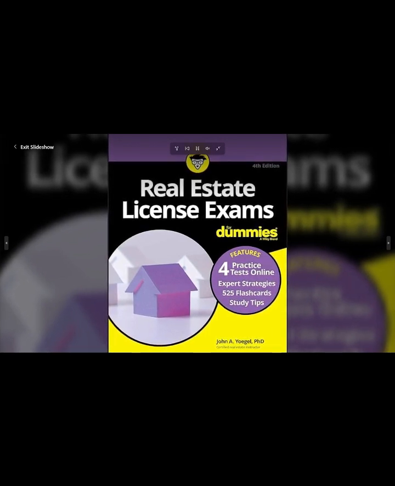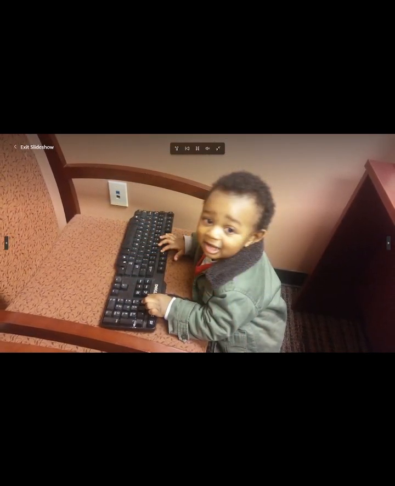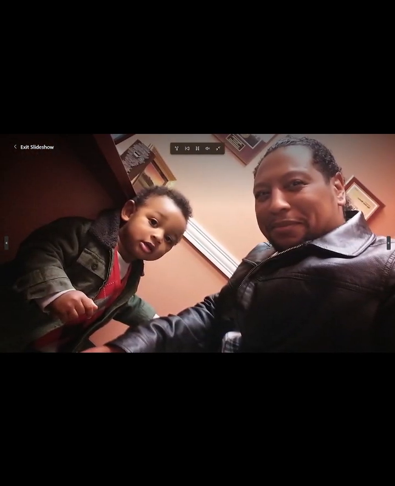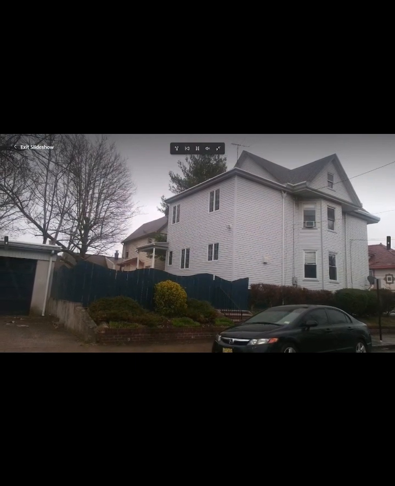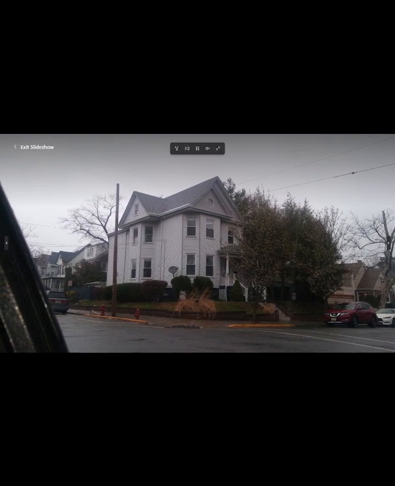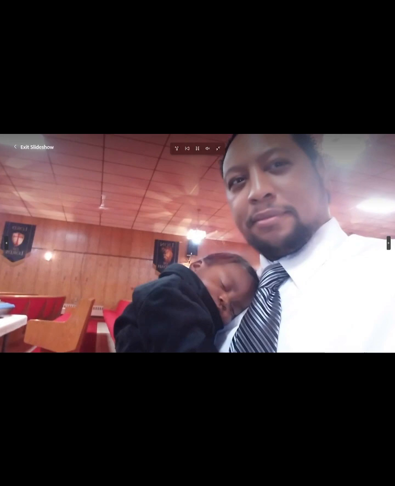A number of complex rules govern REMICs regarding the type of mortgages and investment payments to investors. None of these details is likely to be on the exam. In fact, REMICs may be only the wrong choices in a question about real estate investments, so keep your eyes peeled.